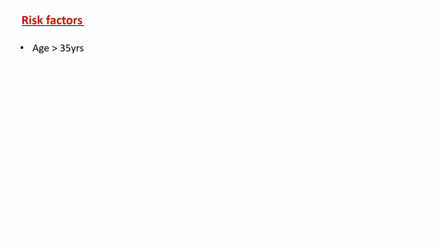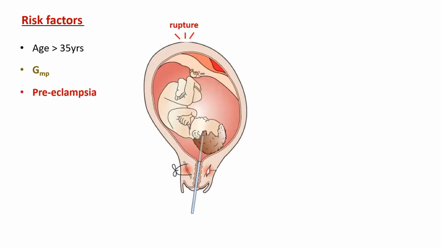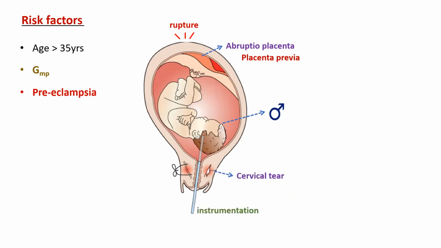developing amniotic fluid embolism. Age more than 35 years, multiparous lady, someone who has preeclampsia, and all the uterine causes: someone who's had a uterine rupture, who's had an abruptio placenta, placenta previa, and the gravid uterus with a male child are at a higher risk of developing amniotic fluid embolism. Someone having cervical tear, instrumentation, and cerclage removal. So all these are some of the uterine causes which push someone at a higher risk for developing amniotic fluid